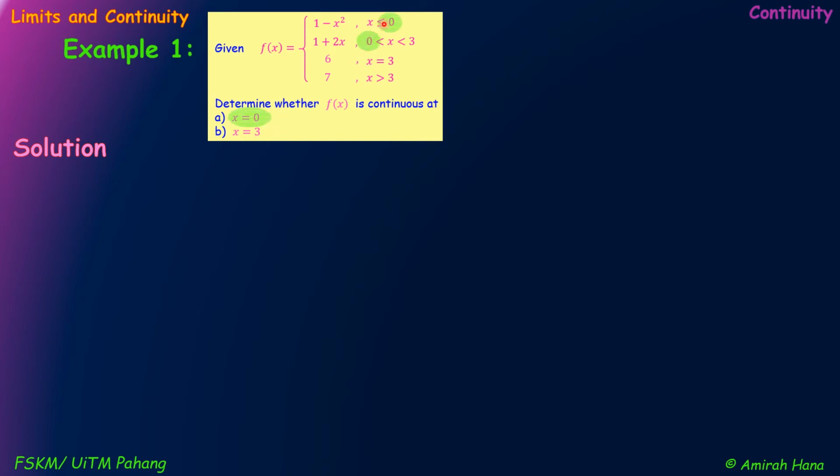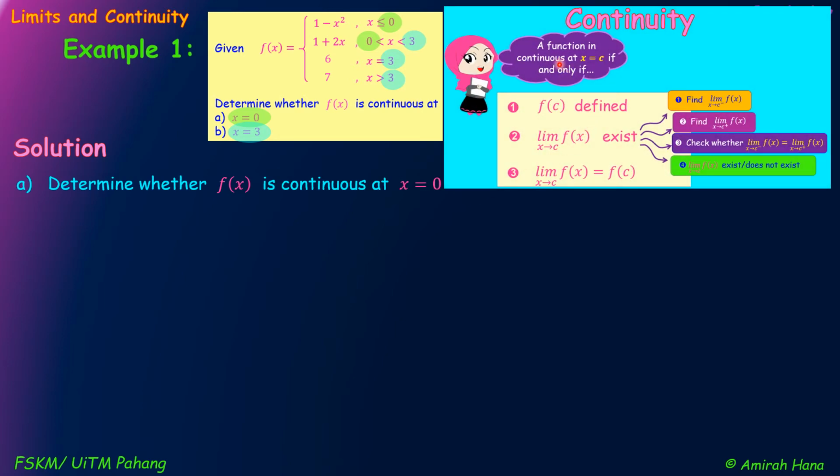Right, from here, 0 and 3 are the boundary values for the given domain. That's why we need to determine whether f(x) is continuous at the boundary of the given domain here, which is x equals to 0 and x equals to 3. Alright, to determine whether f(x) is continuous at x equals to 0, we recall back. A function is continuous at x equals to c if and only if